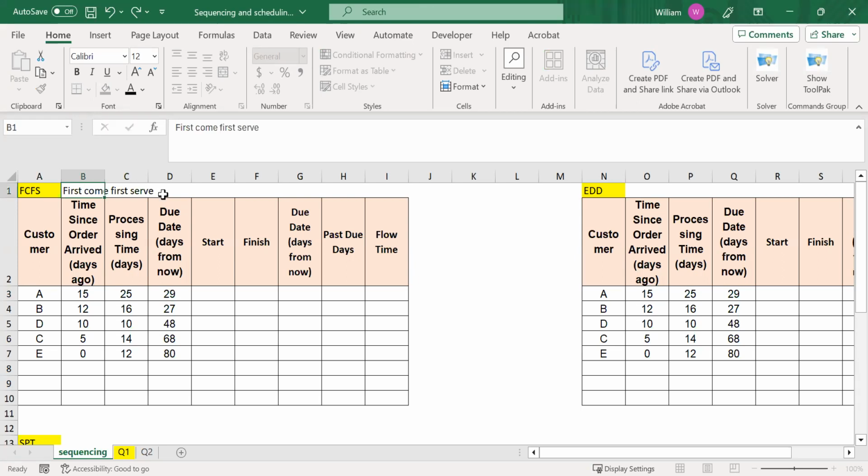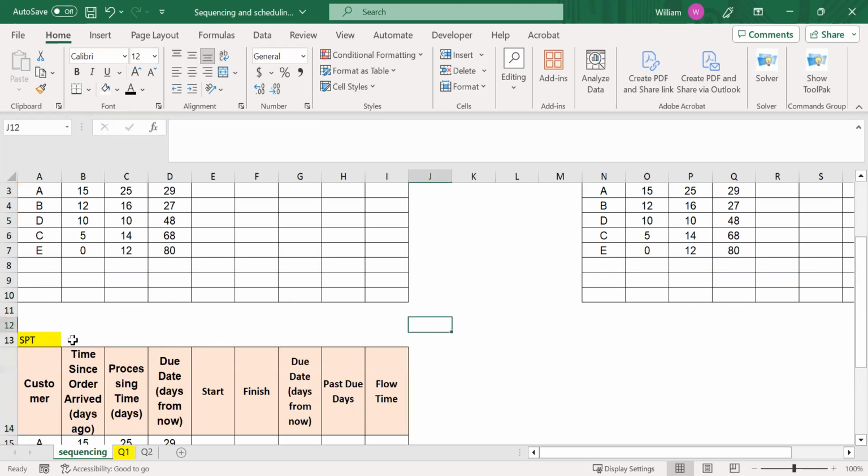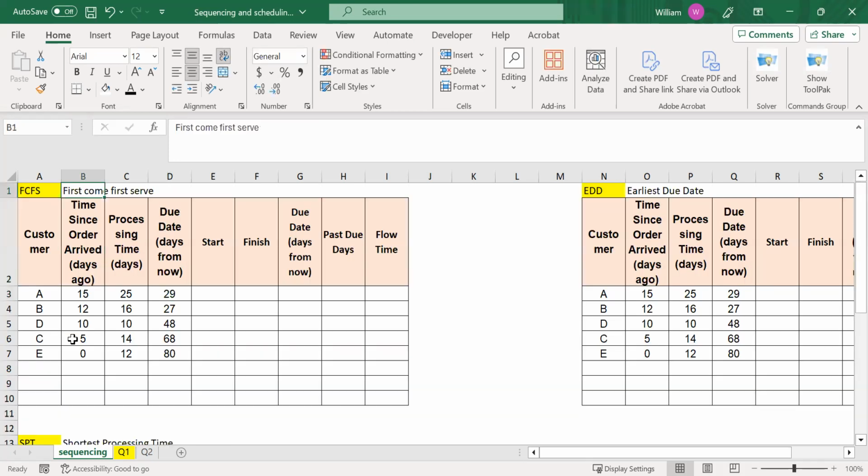Okay. And then after that, I'm going to look at a sequencing approach which uses an earliest due date approach. And then I'll finish up by looking at a sequencing approach that uses what's called the shortest processing time approach. Okay? And with each of these approaches, my interest in looking at the three is to try and determine